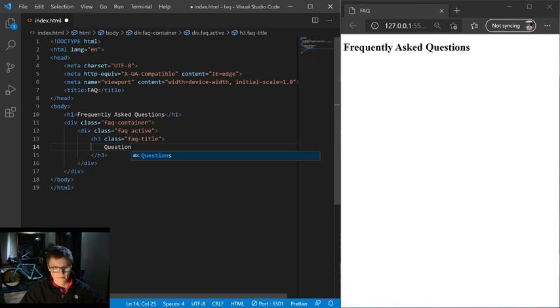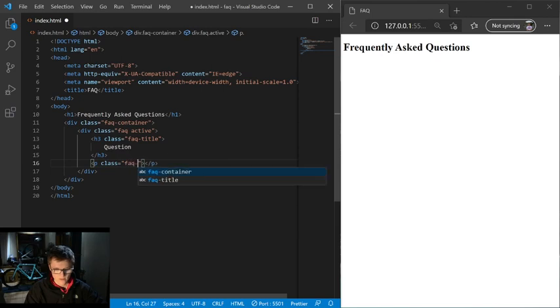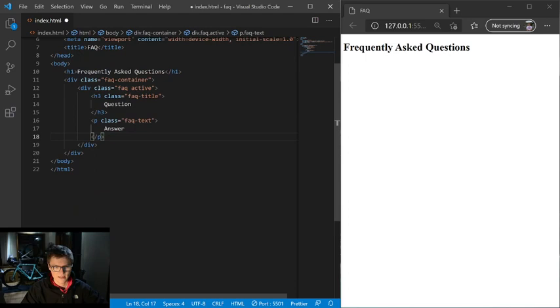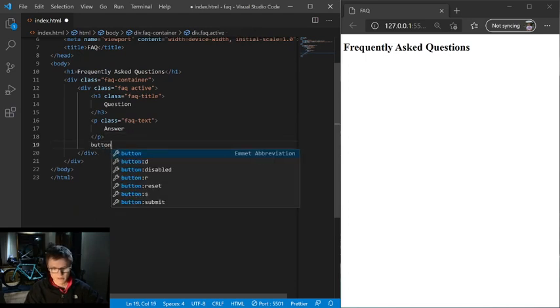And then in there we're just going to say question. Okay, and then you can edit that to be any frequently asked question if you're making a website, and then a paragraph with the class of faq-text, and in here we'll just have an answer. The next thing is underneath the paragraph, and this is going to be our buttons. So we'll have a button with the class of faq-toggle,